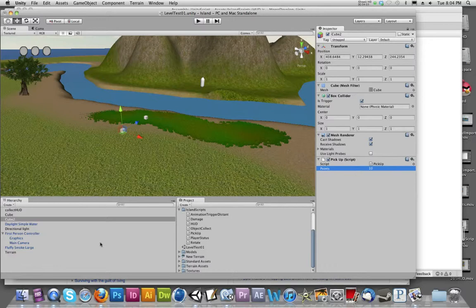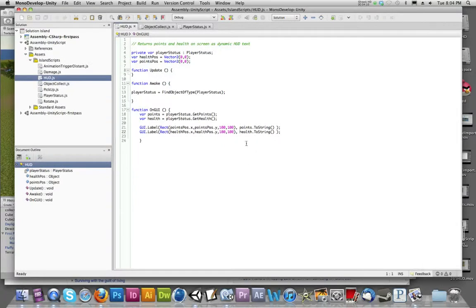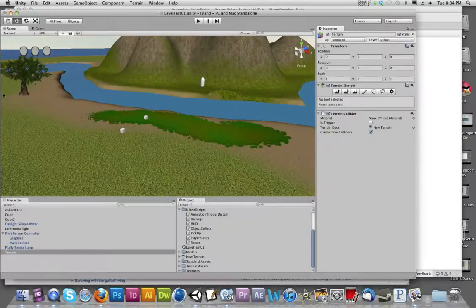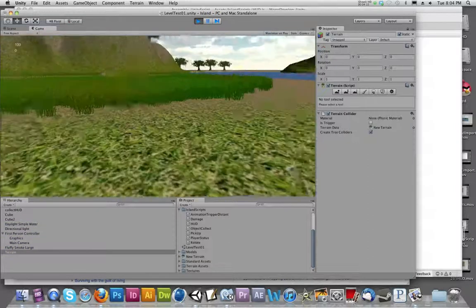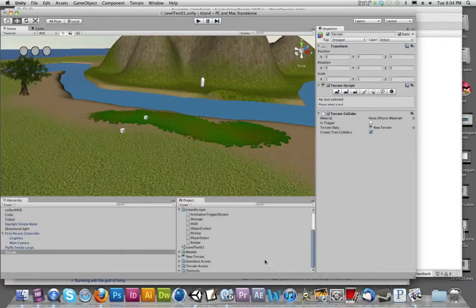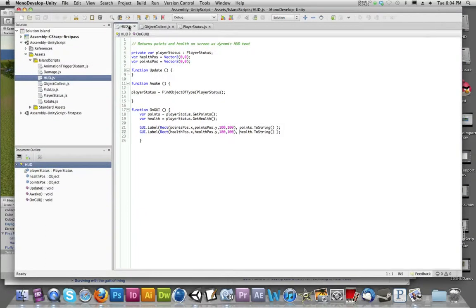So just to see this through to its logical conclusion, I'm going to go back and double-click on my heads-up display. Currently, you'll notice that when I play my simulation, it's just giving me the values up on screen, but what I can do is annotate those. I'll jump back into my heads-up display, and if I go down here and find the function OnGUI, this is all the stuff where it's actually giving me the output. So it says GUI Label, it's creating a label, it's a rectangle label, and it's describing some of the values here. I can go into this health string, and what I'll do is in quotations, I'll just type in health,